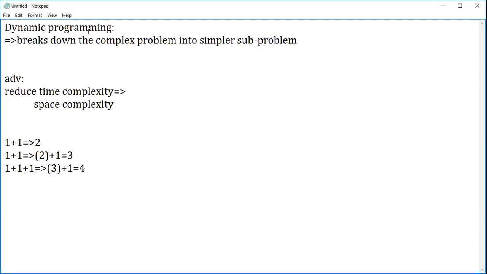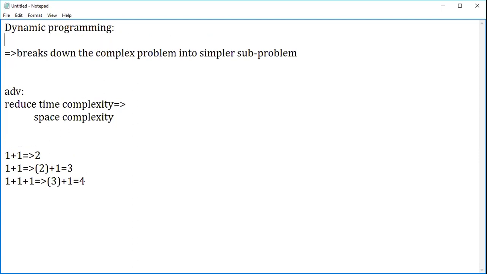Even in dynamic programming, you divide a complex problem into sub-problems, where the result of each sub-problem is stored. We store the result of the sub-problem. So what is this approach? We will be using it to find the optimized solution. Whenever we come across the term optimization, we come here. It is used to solve optimization problems.